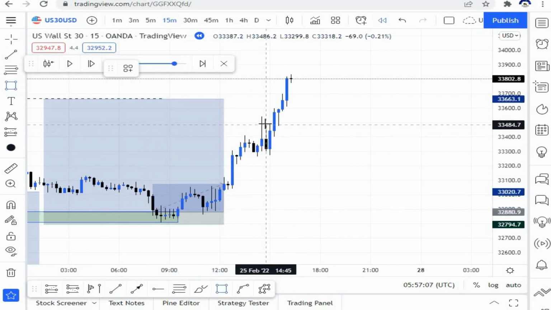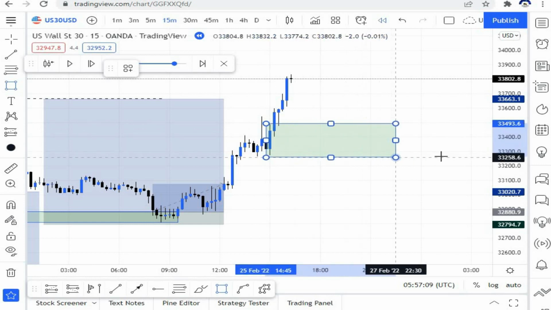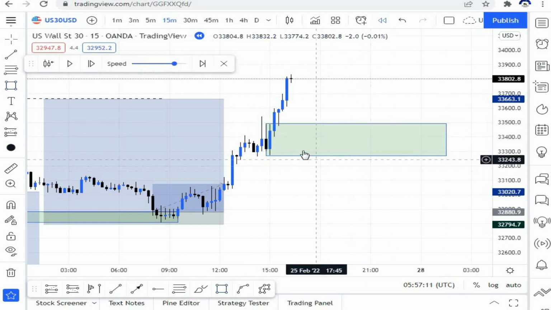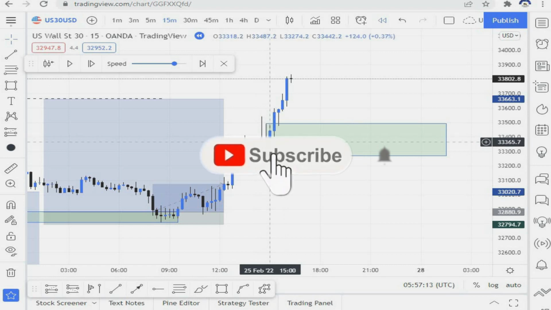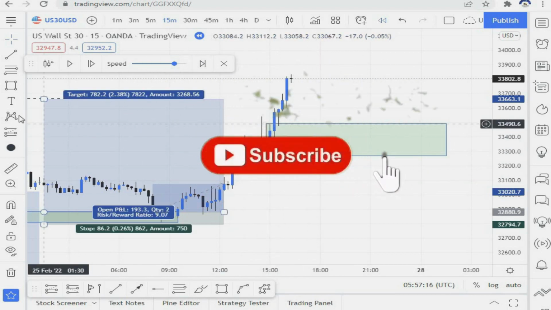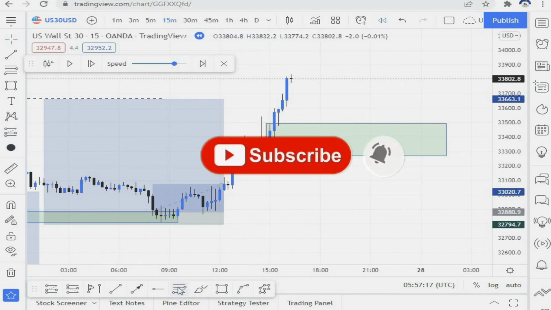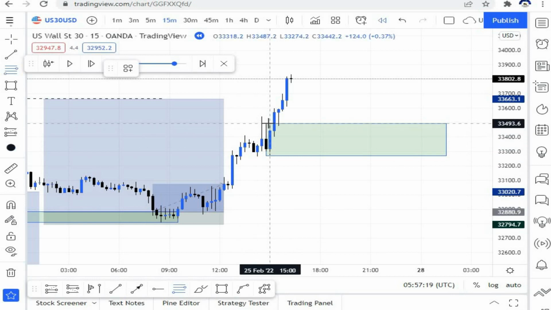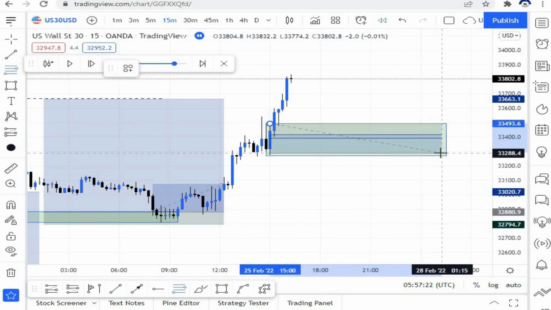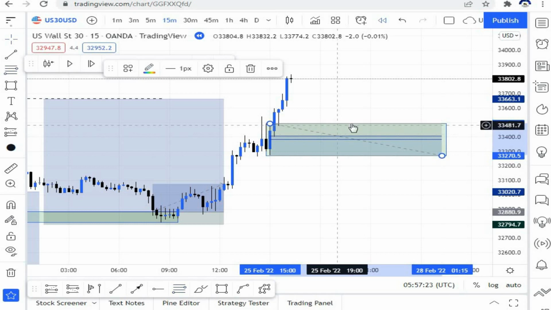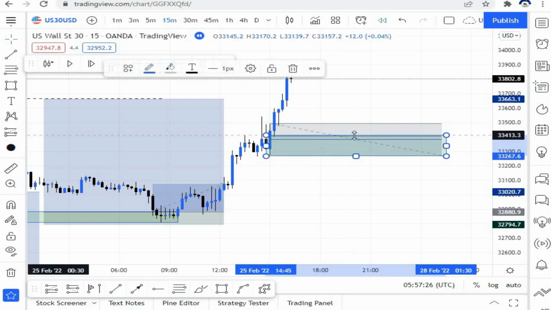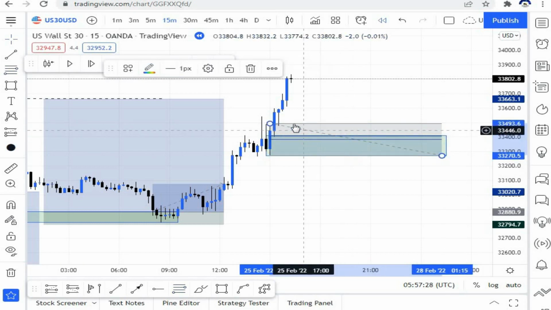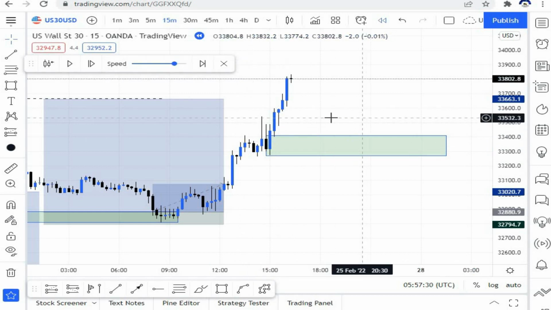We had this demand zone because that's where the last opposite candlestick was at. So what you do, you measure the high of the candlestick and the low, something like this, to find your premium zone so that your risk will be a little and the ratio reward will be